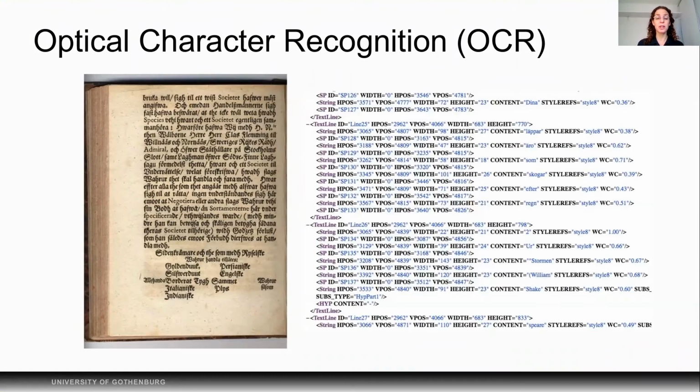Optical character recognition, OCR, is the process of converting images into digitized editable text. OCR techniques have been applied since the 90s, and the accuracy of OCR systems has improved significantly during the last decade, in particular for modern material with good print quality. For historical material, the quality of the results of the OCR varies greatly depending on the system that was used